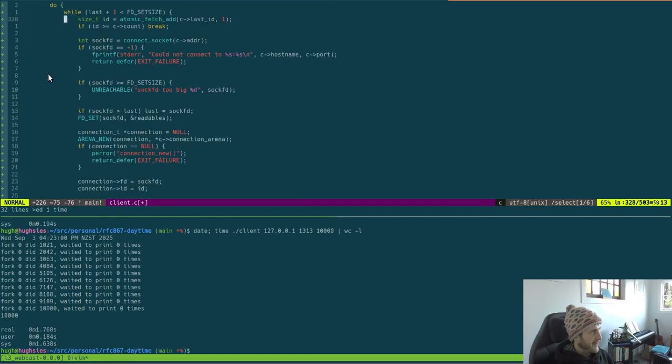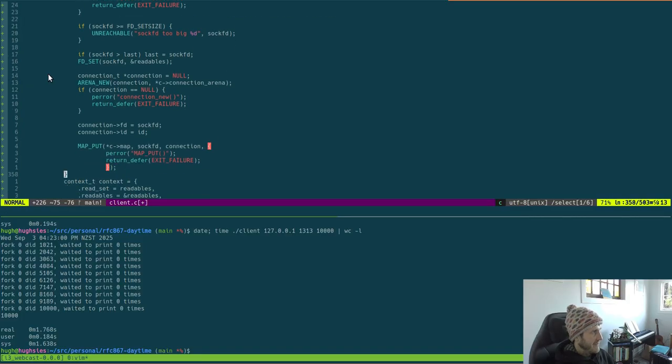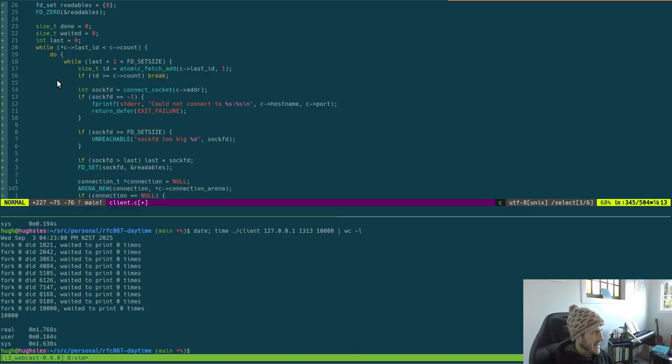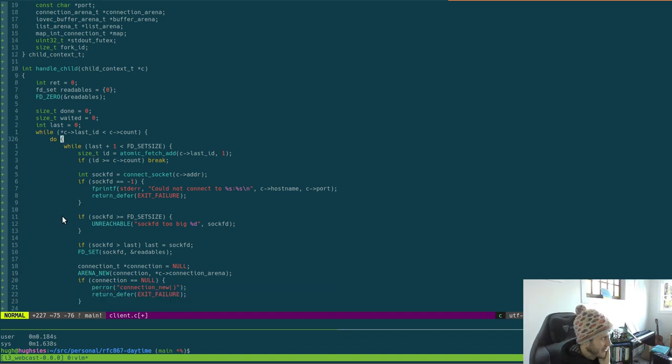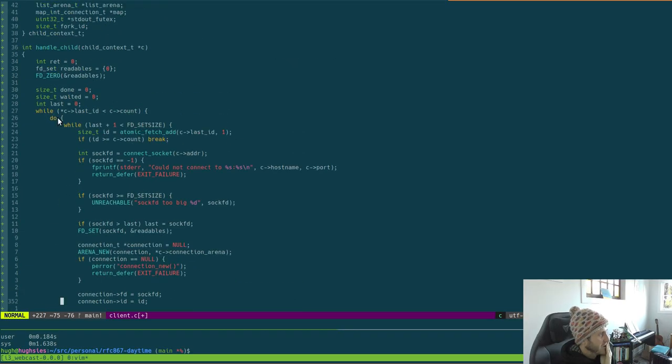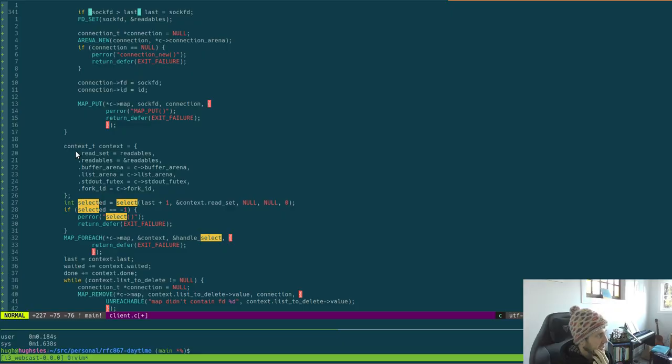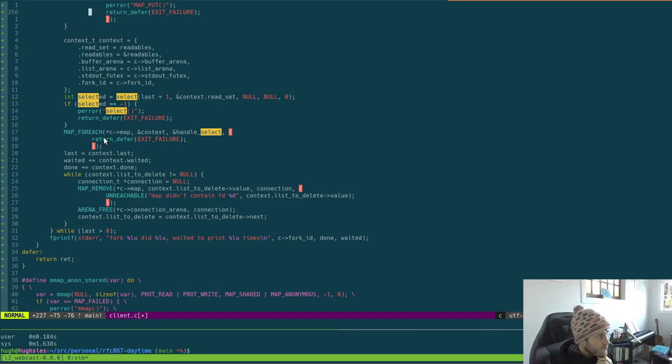So that way, every time we are doing a select, this looks so cursed. So while we're doing this, we're doing another loop that, hard to know how big it is, goes all the way down there. But so we do this, then we set up our connection. So last should equal 0 to start with, so it should connect a bunch of times, and then it'll make a little context for us, and then we'll run the select on whatever we have. We handle whatever the select is, and then we go to here. While last is greater than 0, or